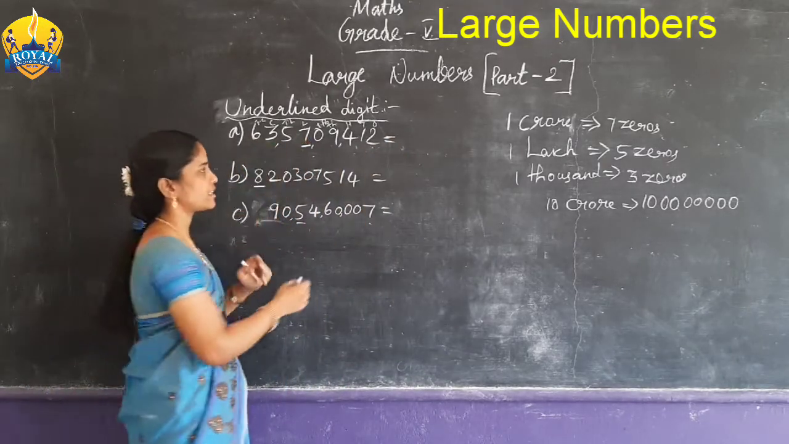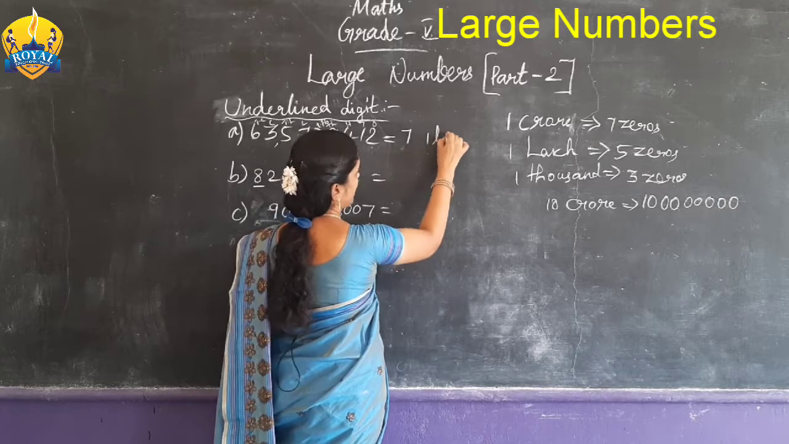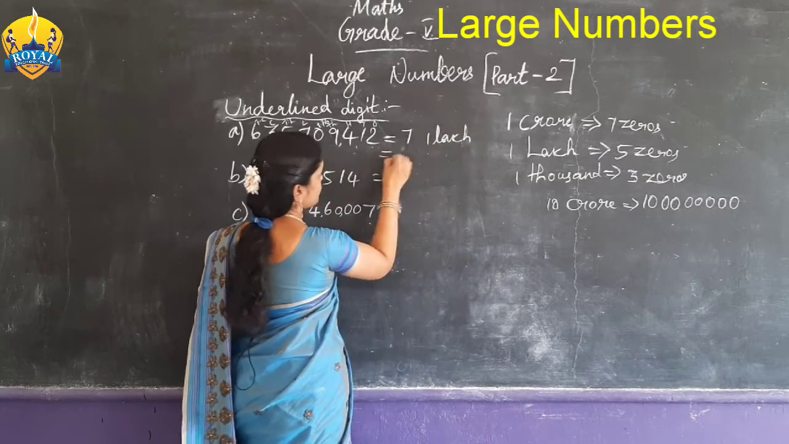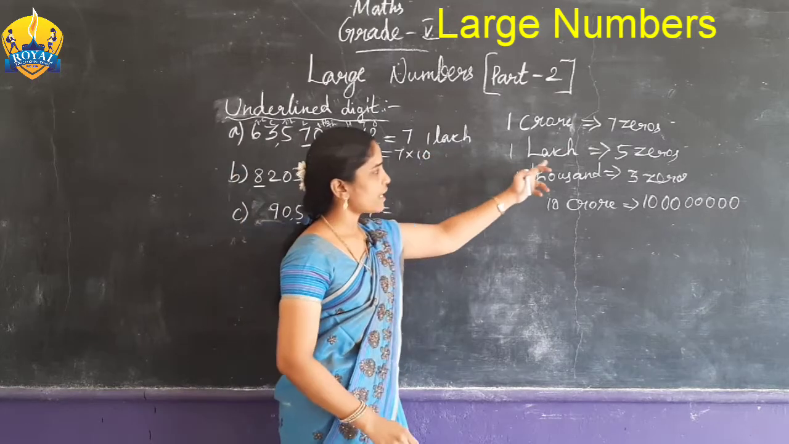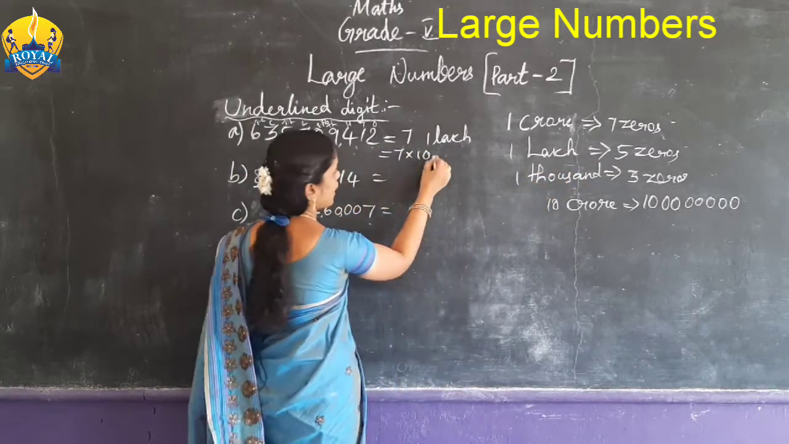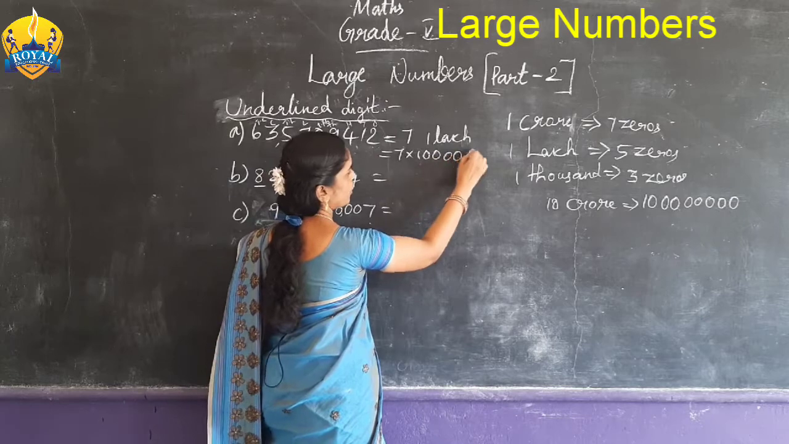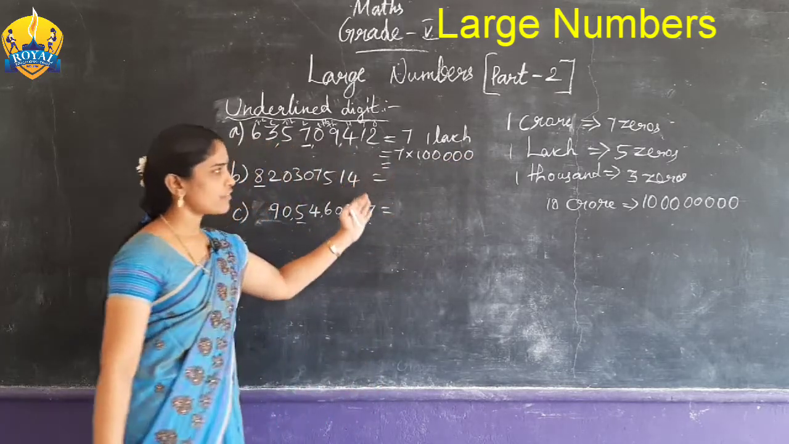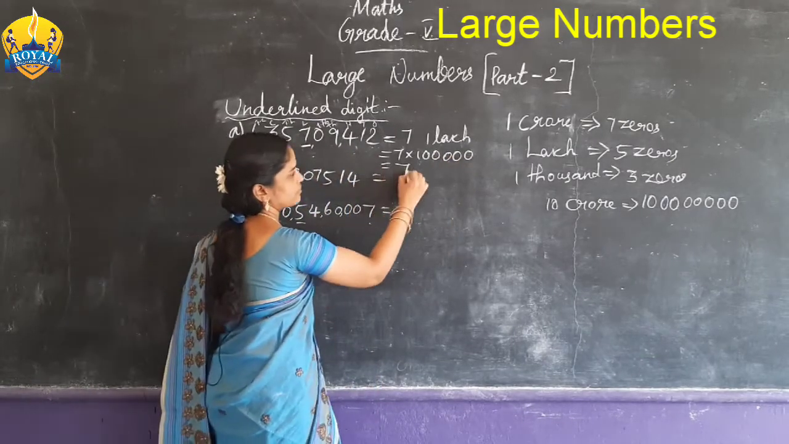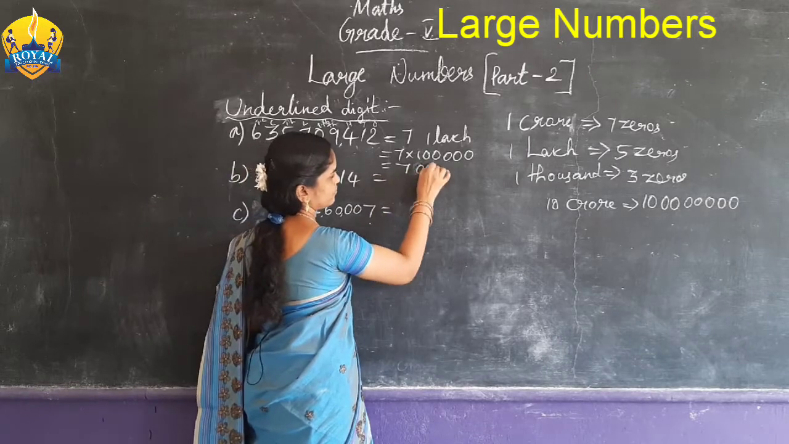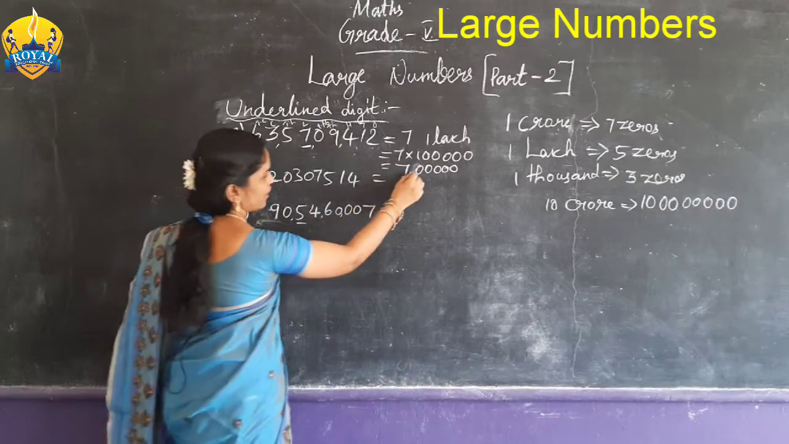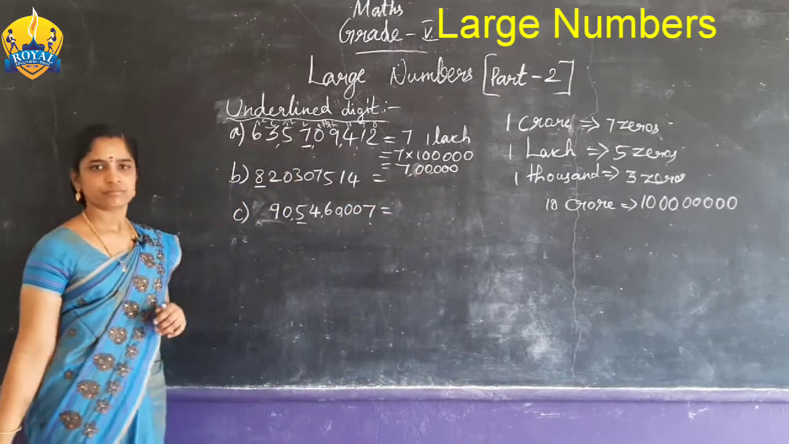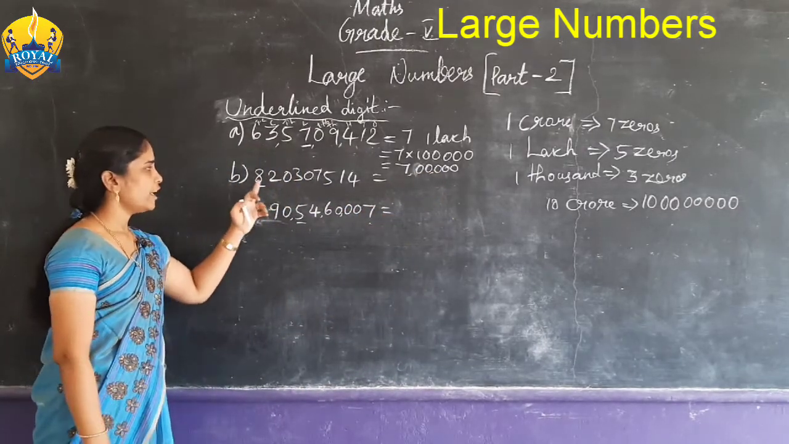7, 1 lakh. So 7 into 1 lakh. 1 lakh has 5 zeros. So 1 and 5 zeros, 2, 4 and 5. So we get 7 into 1 lakh, 7 lakh. Right. The next number is